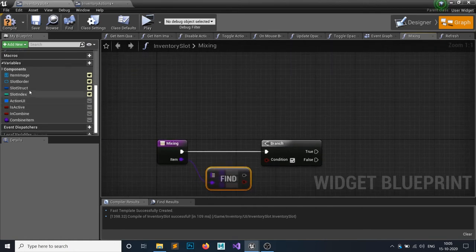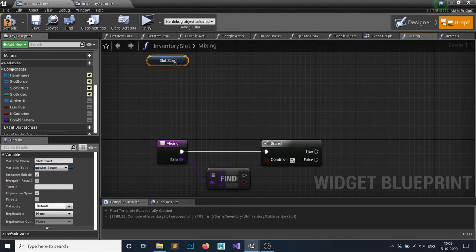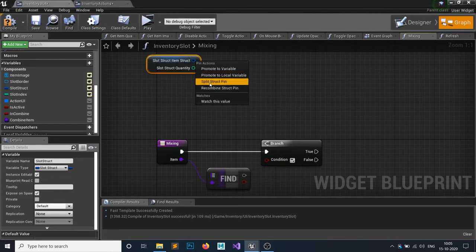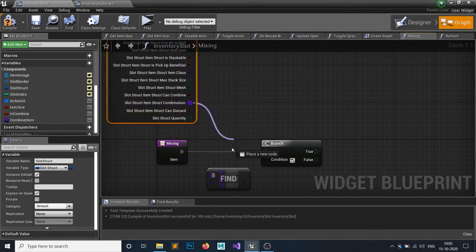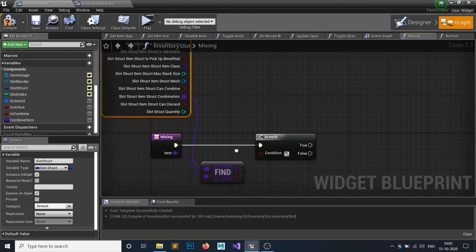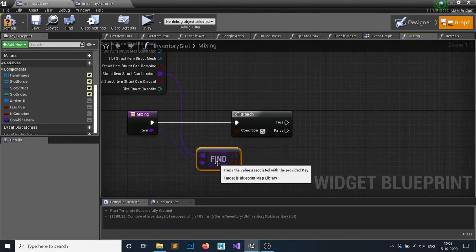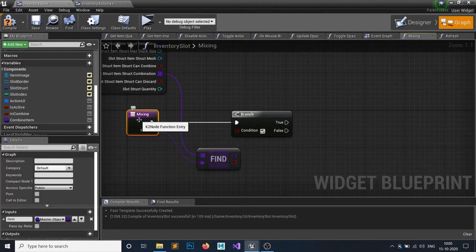Where was it? Yes, get the slot structure and right click to split it out. If you split it out again, you can see this map and you can attach this map inside here. We want to find that second item. The first item would be your slot, the second item would be your combination. So every combination item would show up here.